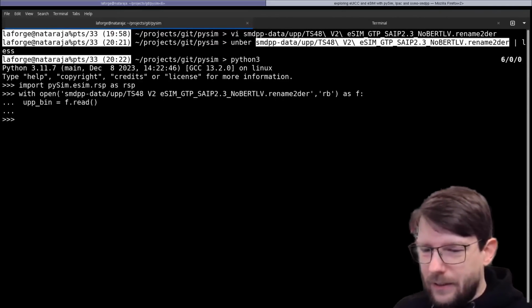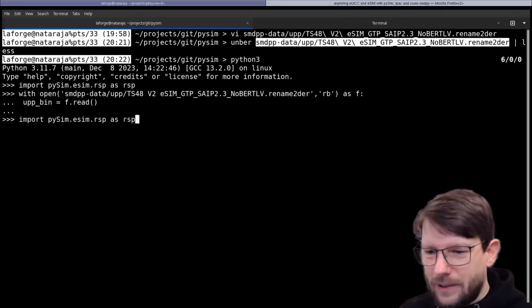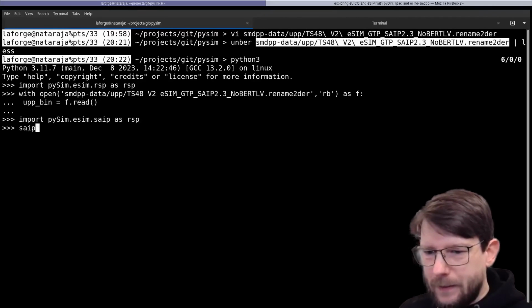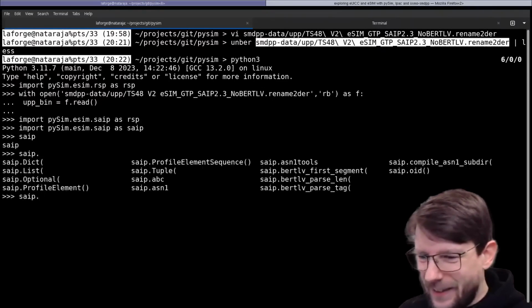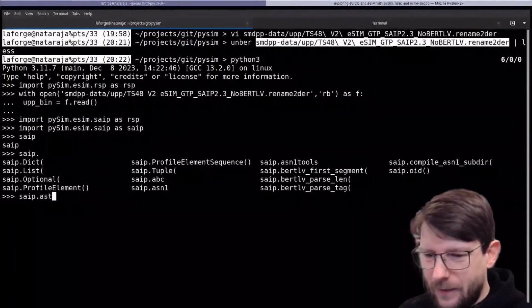So now I've read the file into the UPP bin variable, and what I can do now is, actually I imported the wrong one up there. I want SAIP. So I can then do something like SAIP dot, not so smart. Well, I could, the first step would be something like this,